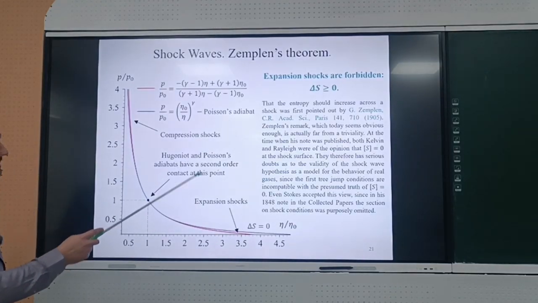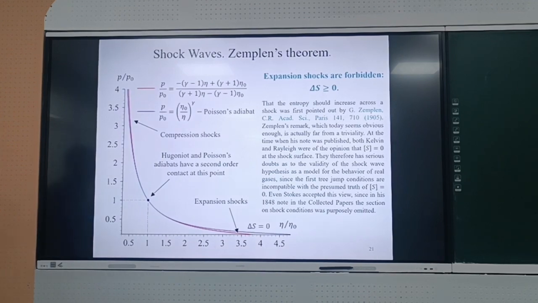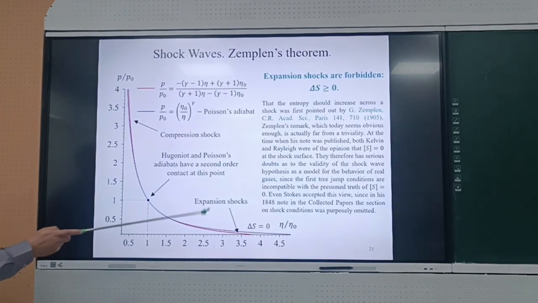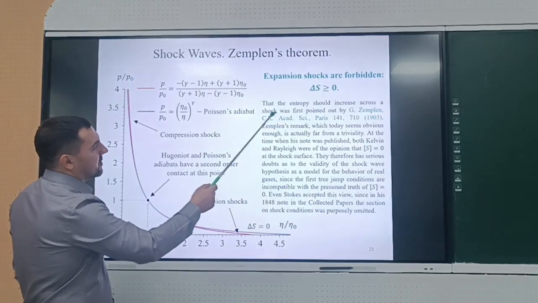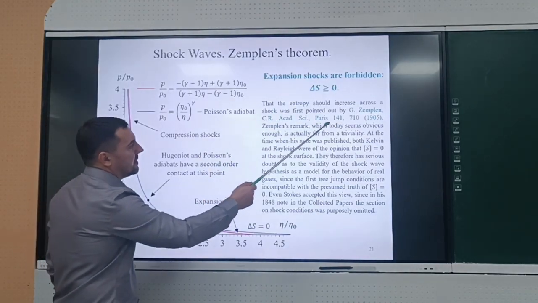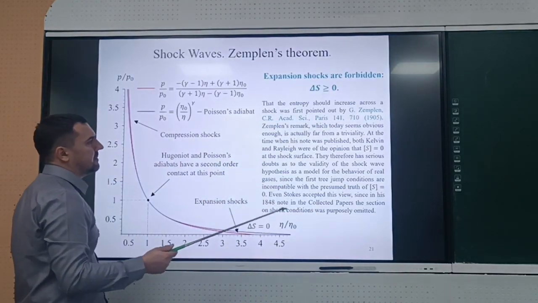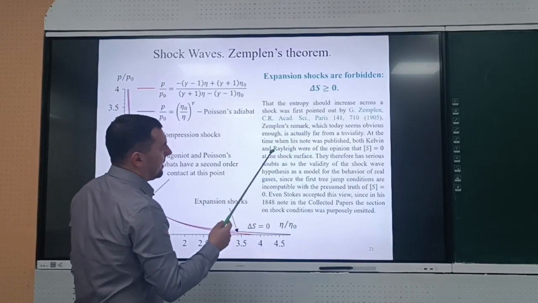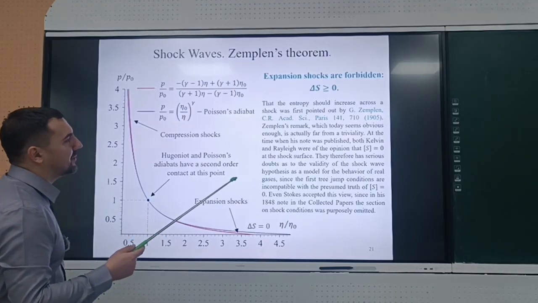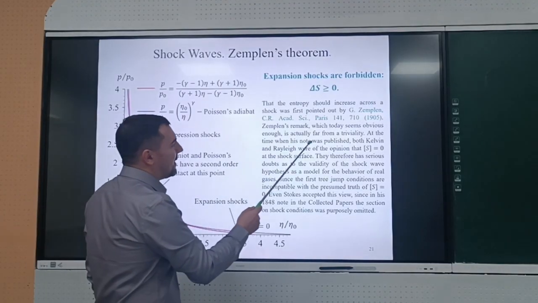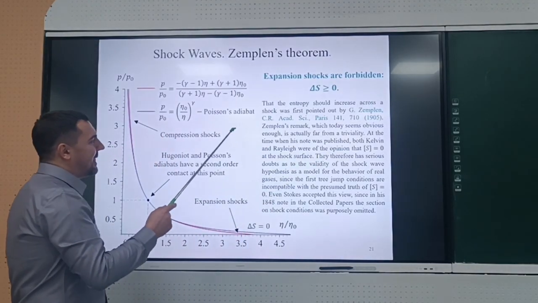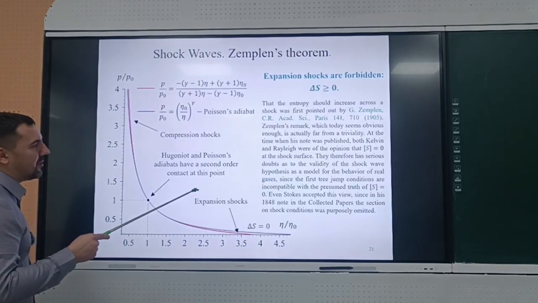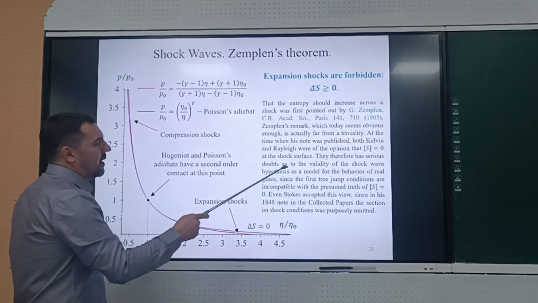Once again, a historical note from Serrin's book: that the entropy should increase across a shock was first pointed out by Zemplen. Actually, he was a Hungarian scientist. Zemplen's remark, which today seems obvious enough, is actually far from a triviality. At that time, when his note was published, both Kelvin and Rayleigh were of the opinion that